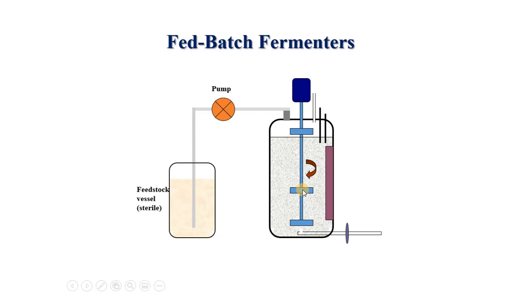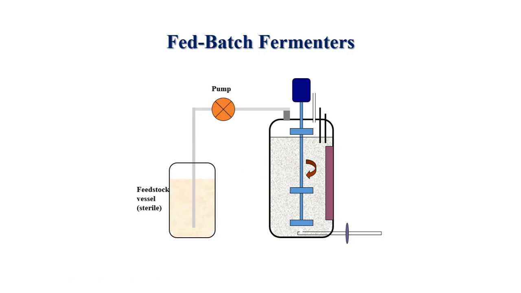the exhaust pipe may lose some of the media component, that is the aqueous form, that is water, which can be wasted by evaporation. So this can be refilled. This level of the media can be maintained by feeding the media by a pump attached to the feedstock vessel, and this is already pre-sterilized, and automatically this will give the sterile media into the fermenter. So this is the setup,